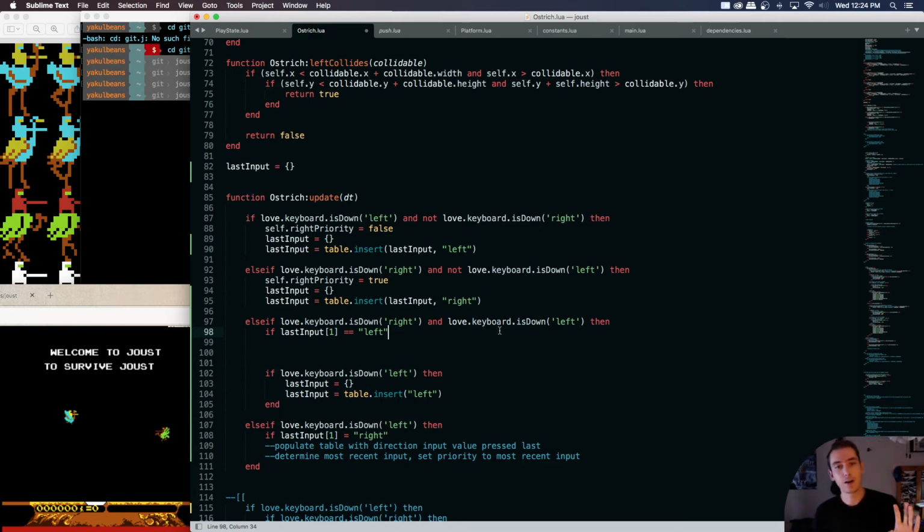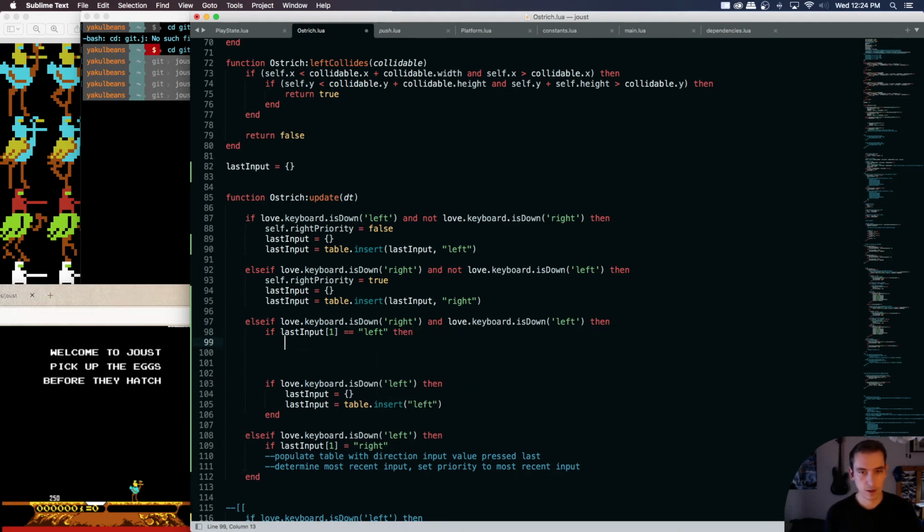And if our table of last input's value at index 1 is equal to left, then we need to wipe our table and swap it? Yeah, because it can only be left if left was pressed first. Then if right is pressed and left is still pressed, then we need to insert only